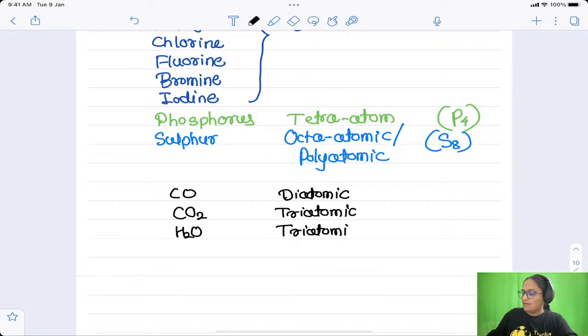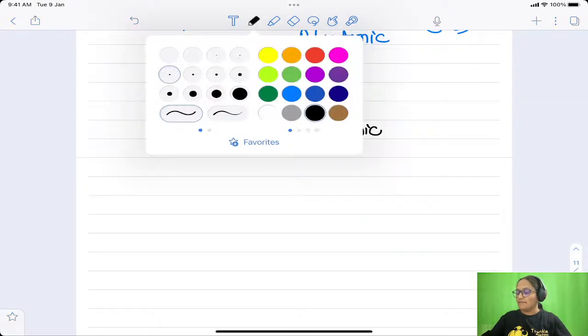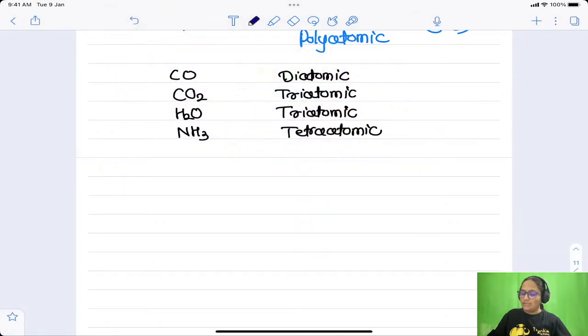Then NH3, ammonia, there are 4 atoms, so it is tetraatomic in nature, right? So based on the number of atoms present, we are going to write down the atomicity. Now after atomicity I am going to tell you another thing related to molecules, and that is called